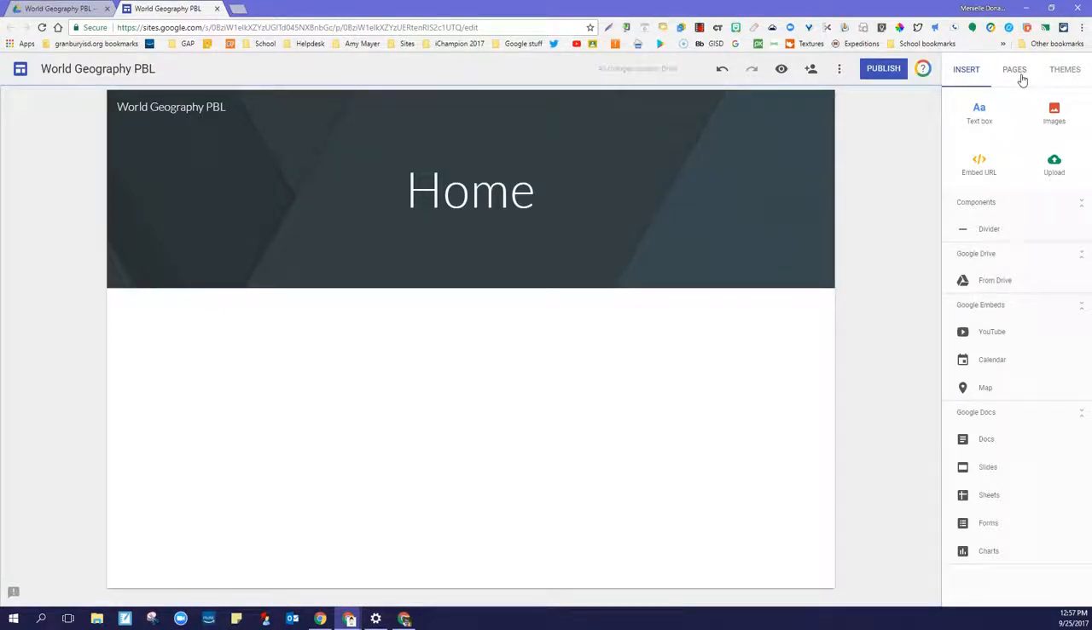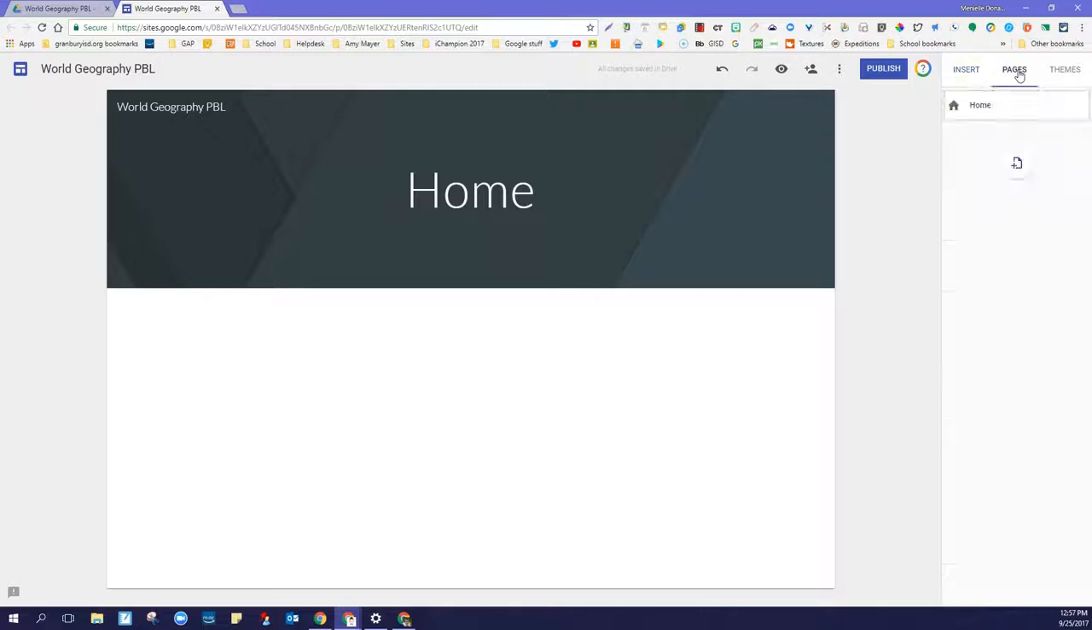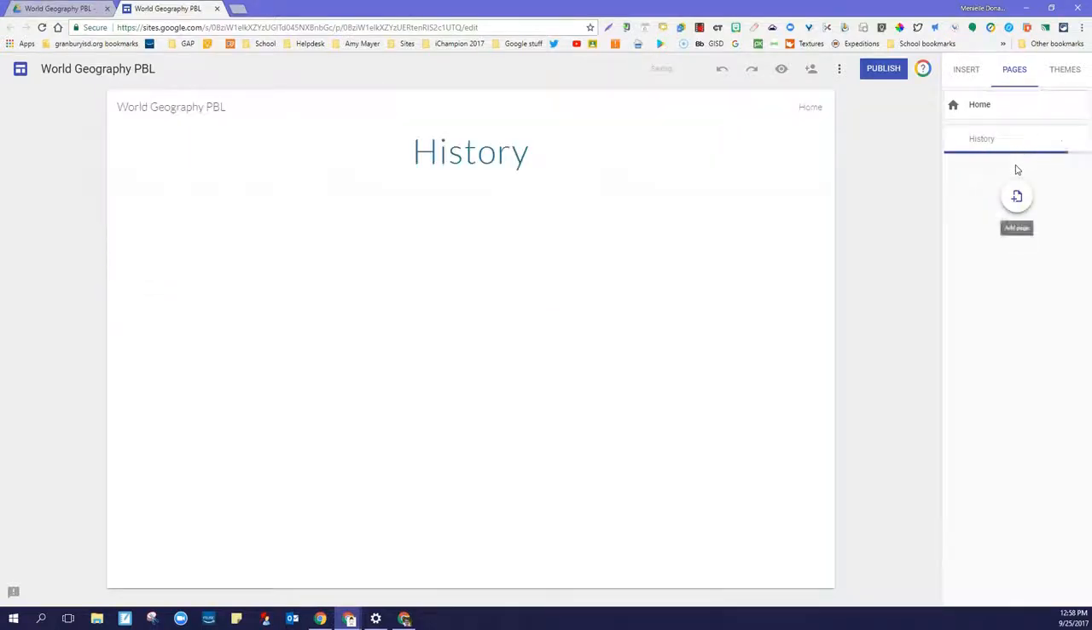You're also going to have 4 other pages. So on the right side of your screen, beside Insert, you'll see Pages. And this is where we're going to go to Add Pages. So you can see my home page is there. I'm going to click this little Add Page icon. And the first page you're going to create is called History. You're going to create another one called